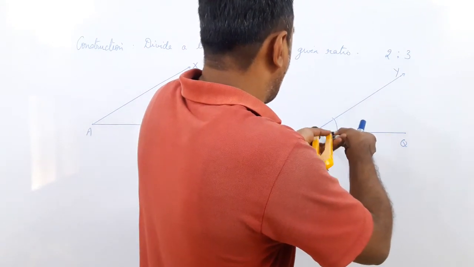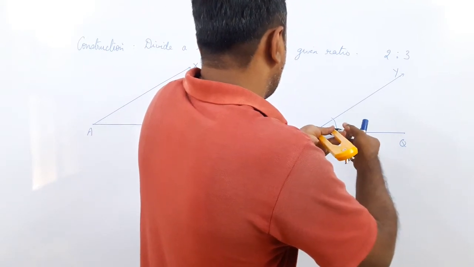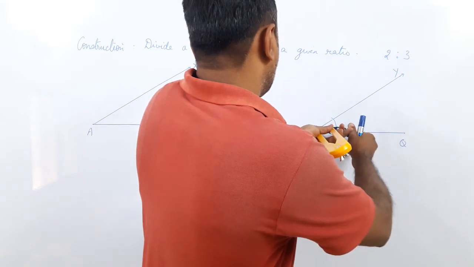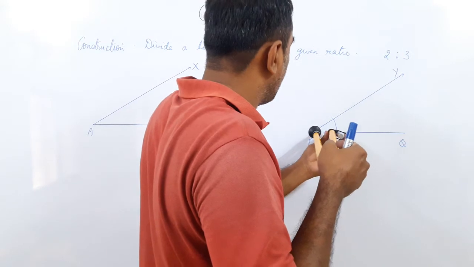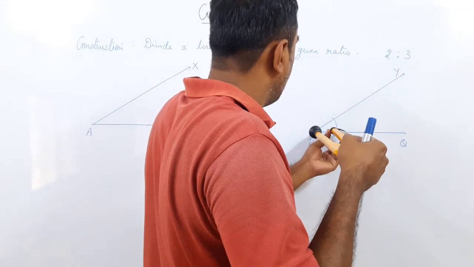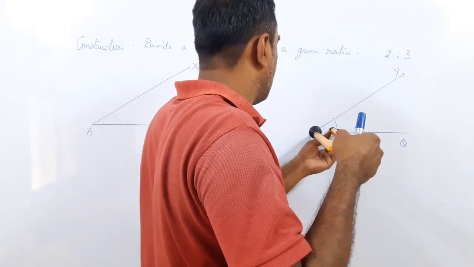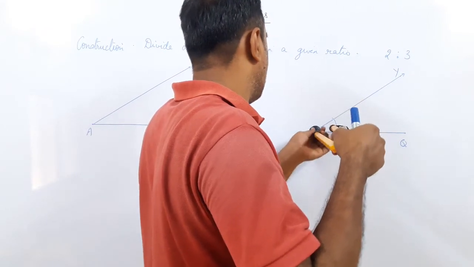Construction has to be done properly. For the proper construction, you will have to use the proper tools. Yes, the meter should not be moving. You have to be very, very careful here with the construction. So, I have taken a certain arc. Okay, the radius should not change. I have taken a certain arc.